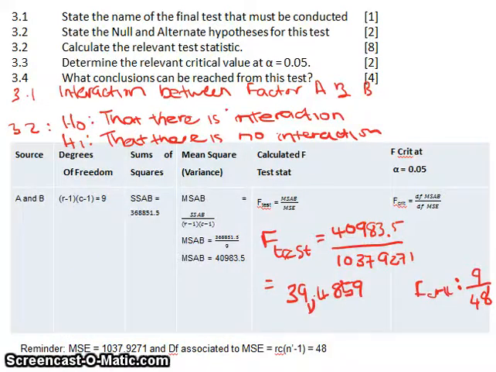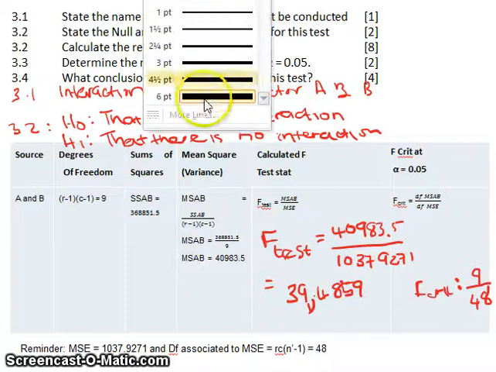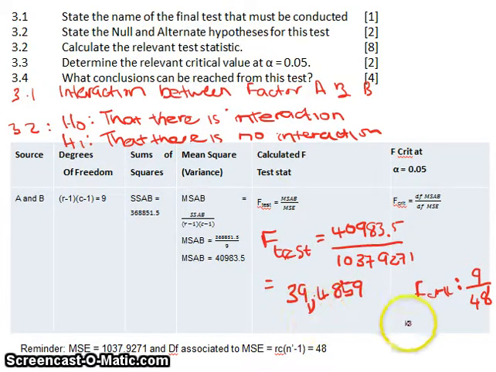So we'll write that down, and then of course we will use the same decision rule, 2.12. This is greater than the critical value, and therefore we are going to reject the null hypothesis at 0.05. We're going to reject the null hypothesis, which states that there's interaction between the 2 factors, and we will in turn accept the alternate hypothesis, which states that there is no interaction between the 2